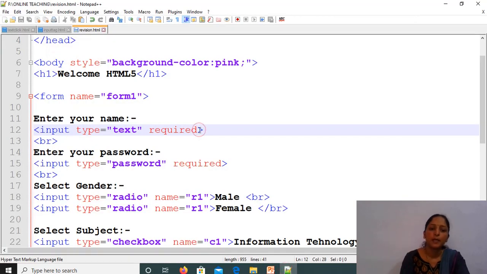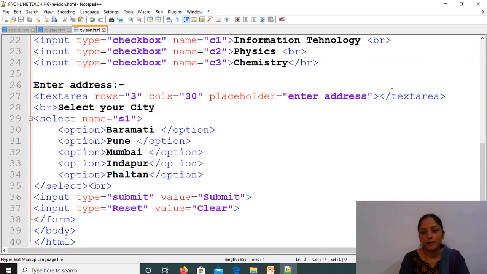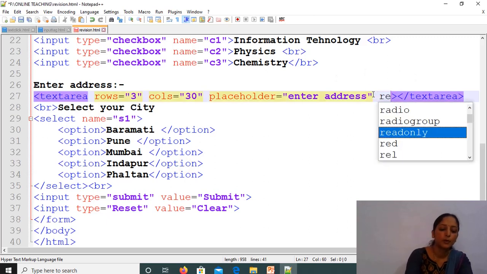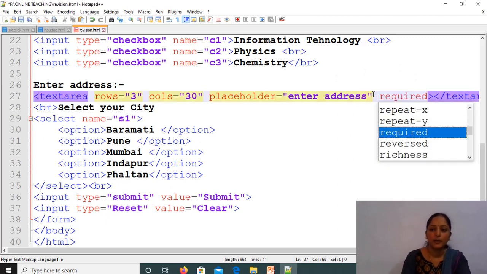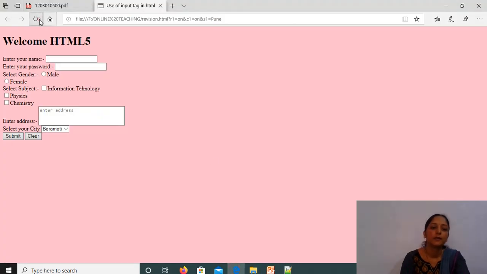You may give minimum and maximum values for the text box and for the password, that is also there. If you want the address to be compulsory, here also you may provide the required attribute. That is also important to design the form using HTML. Okay, now just refresh it. Now suppose you enter the name, and after that you enter the password, and select some fields.